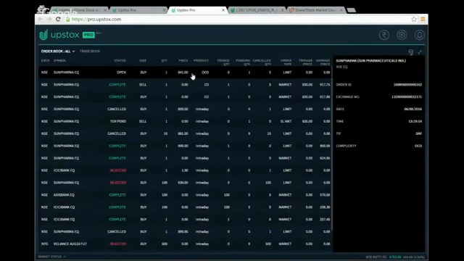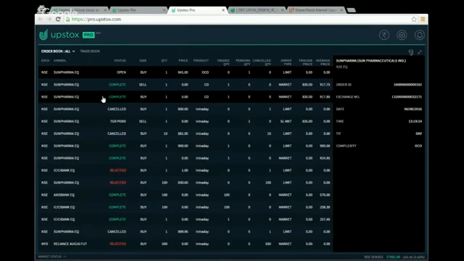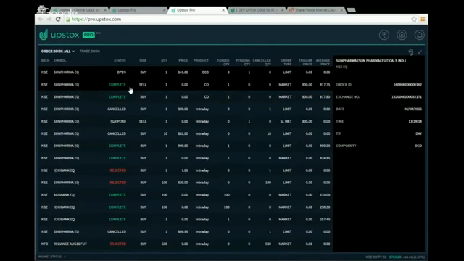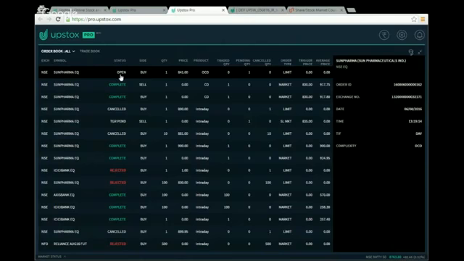You will be only able to see the first leg over here. Ideally, it should have been three legs, but your first leg is not yet executed. Whereas in the case of a cover order, the first leg was always market, so that got executed and the second leg was visible. But in this case, till the time the first leg is not executed, you won't be able to see the